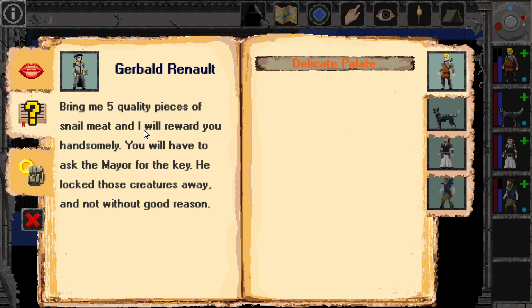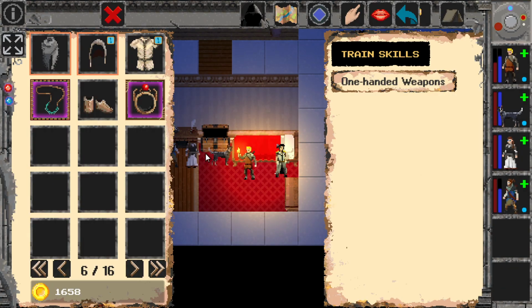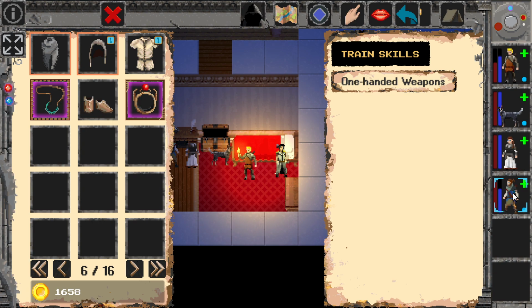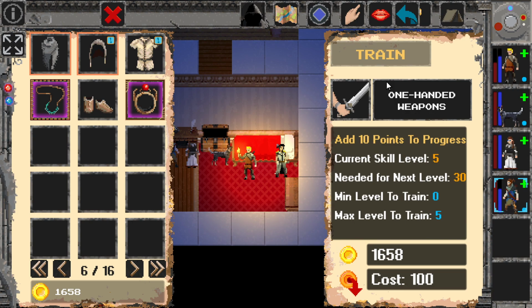Can we turn it in? No. And you train one-handed weapons. Oh, but we need a practice weapon? No. Can you train? No, it costs 100. She can train. And I can train. Oh, minimum level to train 0, max level is 5, and he is 5. So he can actually train, but I can train...